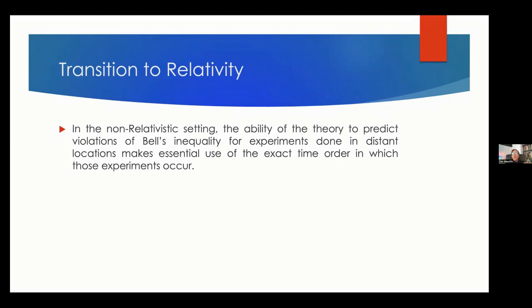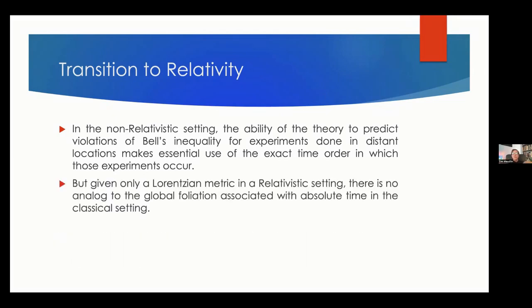There's no time order. There's no, as we say, global time order that orders all the events in the universe, so that for any pair of events, you can ask whether A is before B or B is before A, or they happen at exactly the same time. That's a part of the structure that gets lost in relativity. It doesn't exist. Technically, if you have a Lorentzian metric in a relativistic setting, there is not what we call a global foliation, a kind of global time structure that orders events in terms of earlier and later.